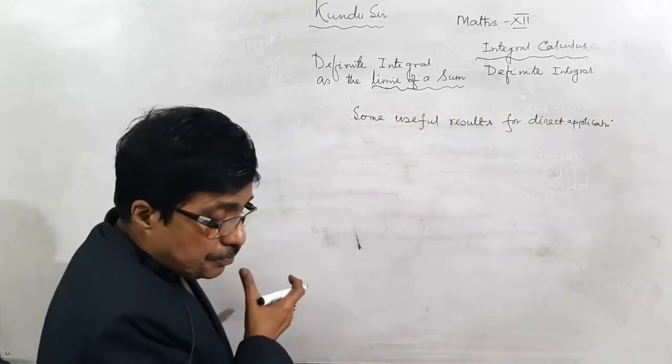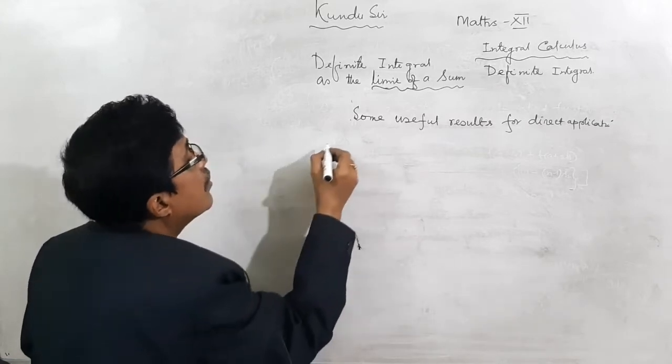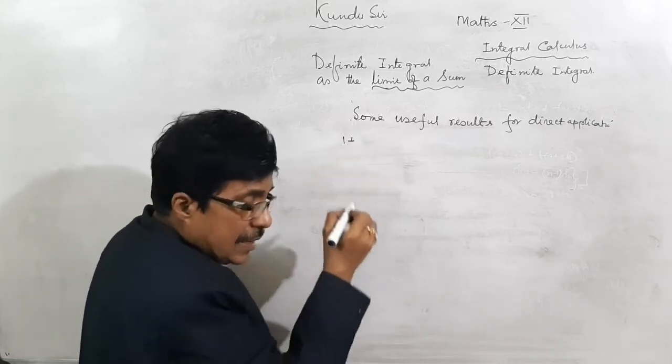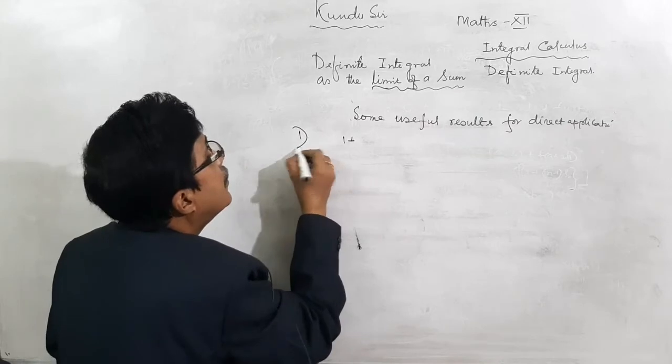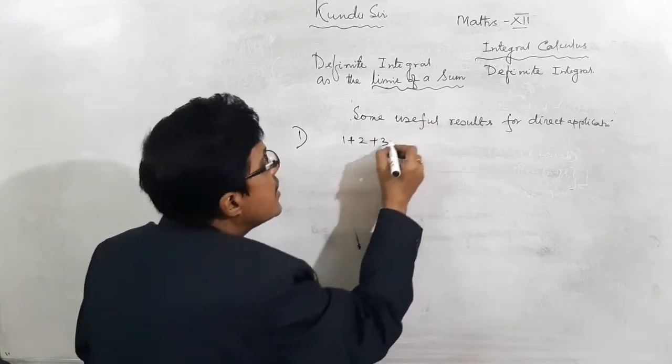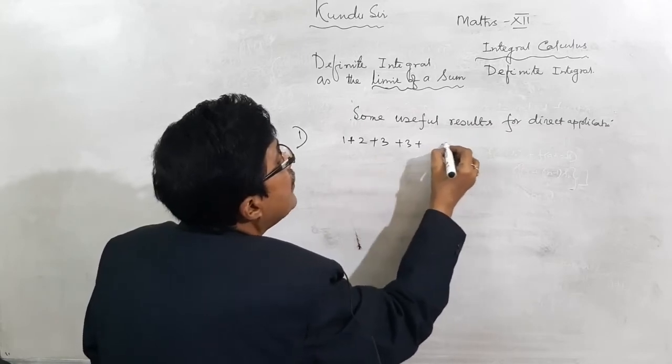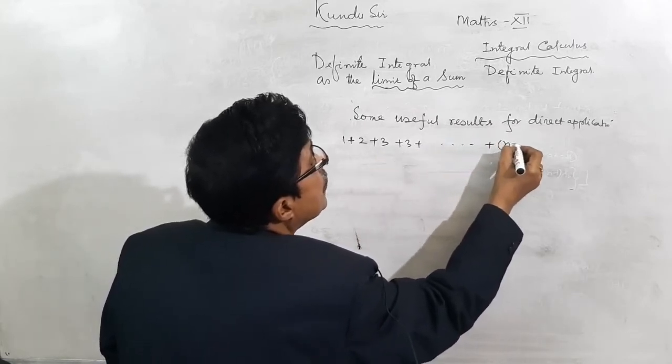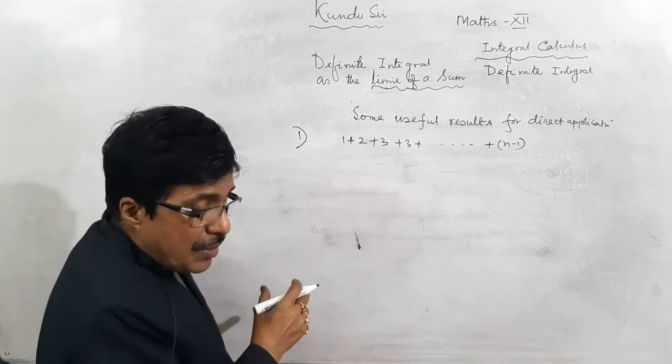What is this? We know, we are considering 1 plus 2 plus 3 up to n minus 1, which can be written as